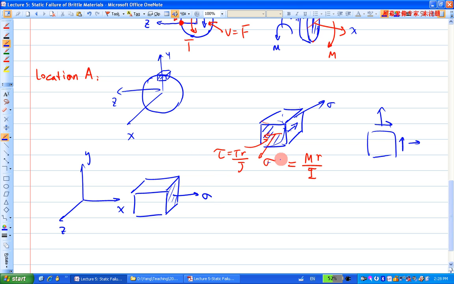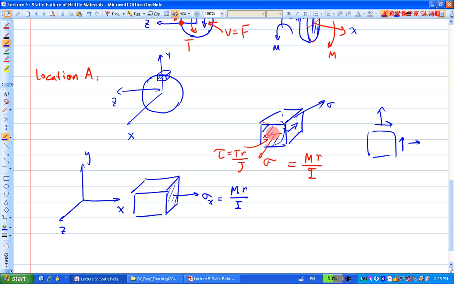This sigma is this guy here because it's pointing in the positive x direction. So we're going to call it sigma x here. That value is Mr over I. Mr over I. And this tau,